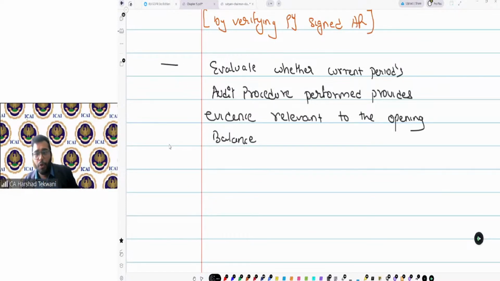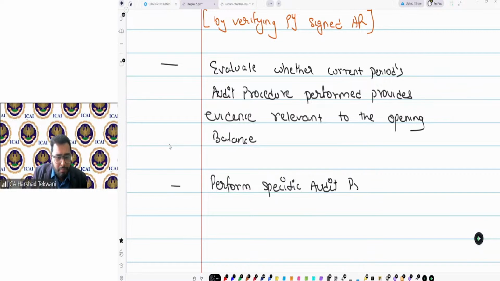If the answer is no to that, then only you perform specific audit procedures to obtain evidence regarding the opening balance.